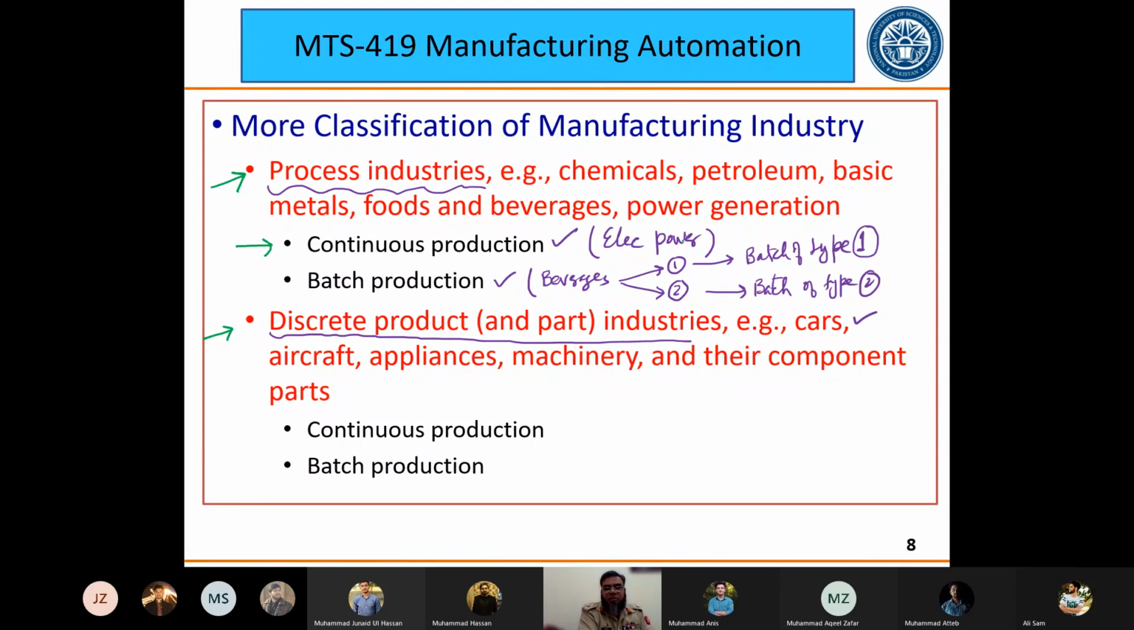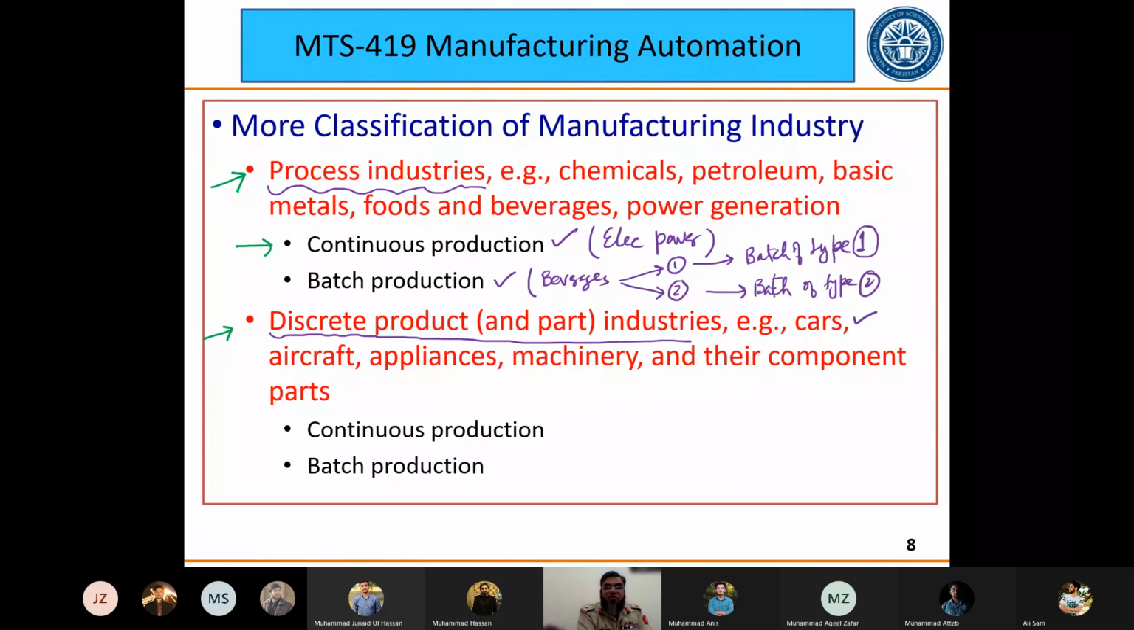So you are making electric power. So electric power is generated continuously. Then the batch production, something like beverages. So you can make it into batches also. So batch of type 1 and batch of type 2. So these are the